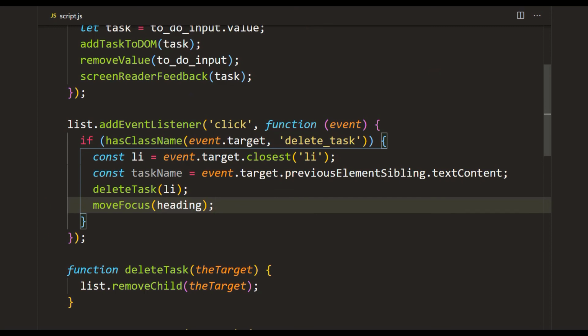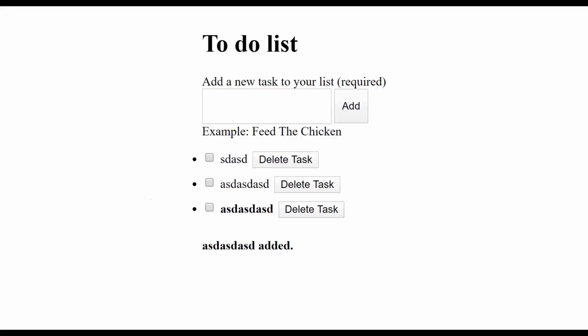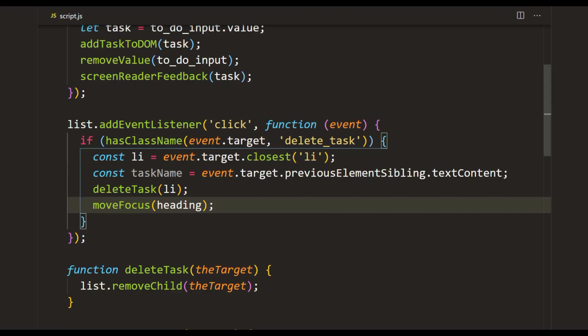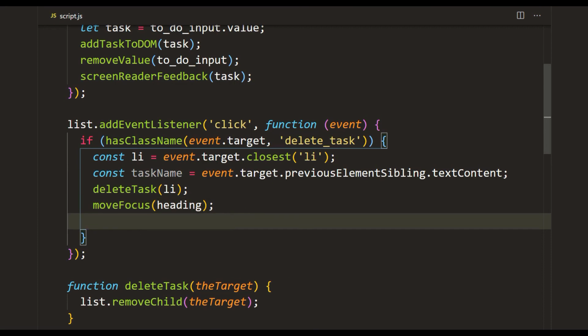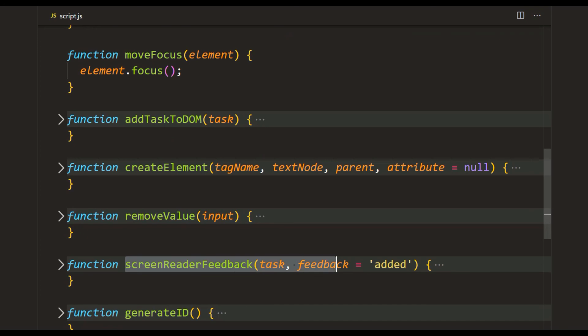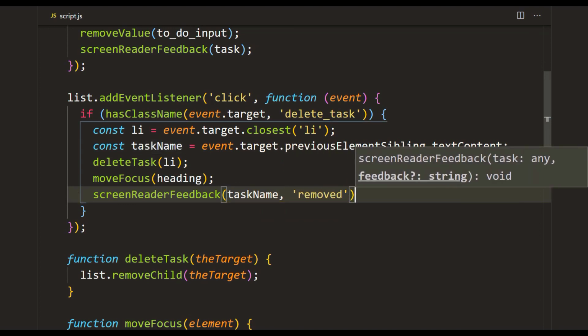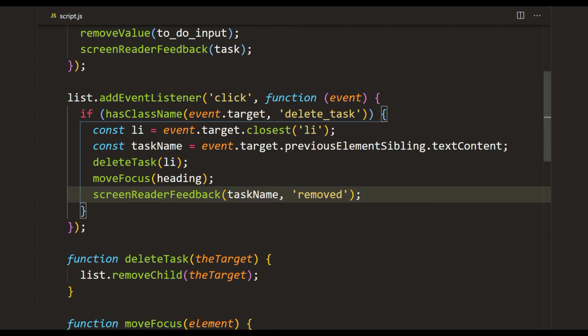Okay, so we have deleted our task, and if we are sighted, we can see when a task has been deleted because it disappears. But if you're using a screen reader and you're blind or visually impaired, this is not going to be obvious to you. So what we have to do is use our trusted aria-live region, and we want to task it to instruct the screen reader that the task has been removed. To do that, we're going to use our getScreenReaderFeedback function we defined earlier, and we're just going to copy it and make it say stuff. The first argument is going to be the task name, and the second is going to be "removed". So the first argument is going to say the name of the task, and the second is going to say removed.